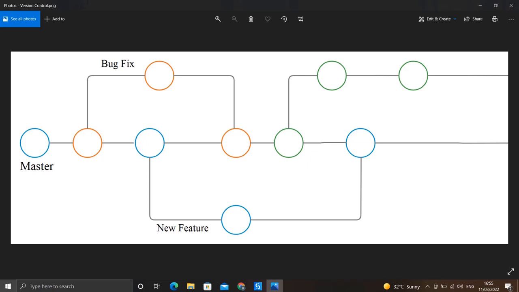Now in this video, I want to talk about the version control of our UiPath projects. When we talk about version control, think of it as a timeline of changes you have made on a project over a period of time. Consider this is the master timeline or the master branch of a particular project. Each of these circles represent a particular version of that project. You can see some branches going out and coming in to this master branch.